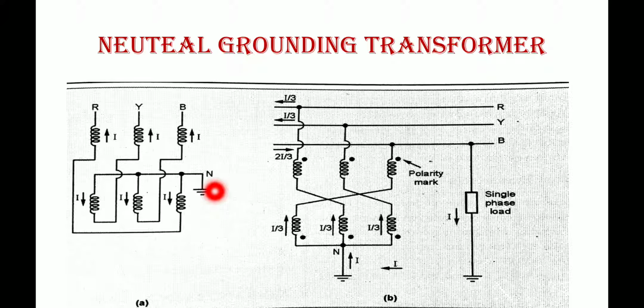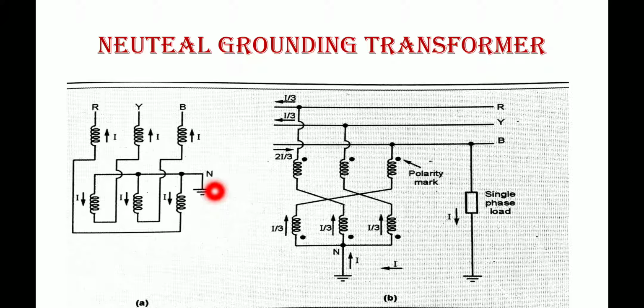One more thing we can observe here is the directions of the currents in the two windings. This is the first set of windings and this will be the second set of windings. The currents flowing in these two identical windings will be opposite to each other. Next, under normal operating conditions, that is, balanced condition, the total flux in each limb will be very small. Therefore, due to this negligible flux, the transformer draws a very small amount of magnetizing current. This is the case for normal operating condition.